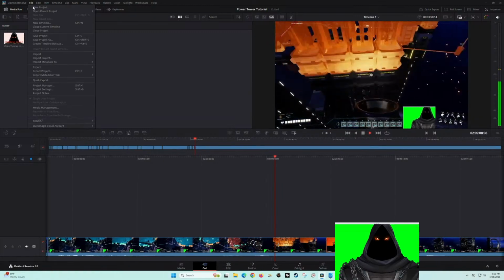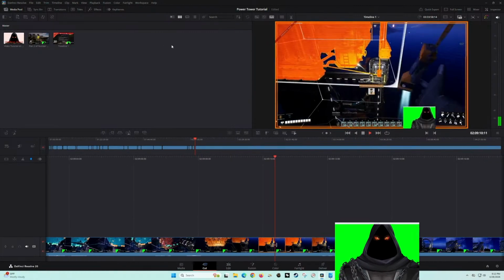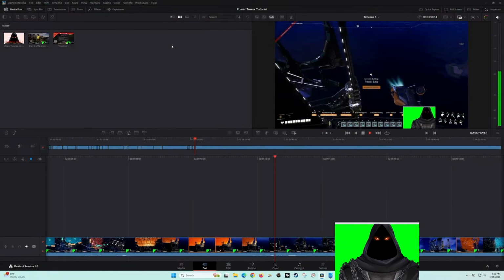Looks good. Then I'm going to connect the power.